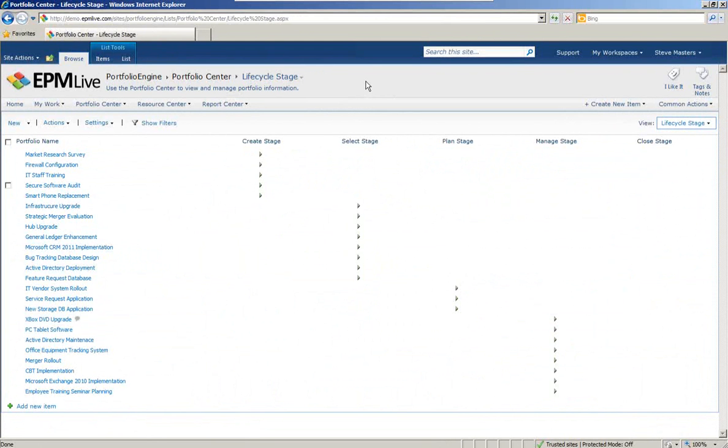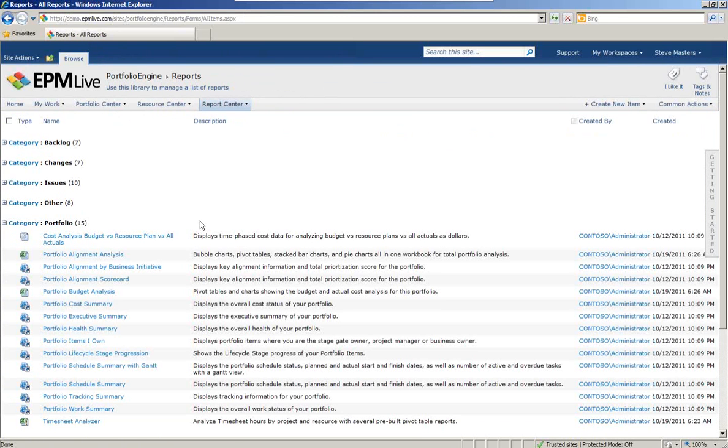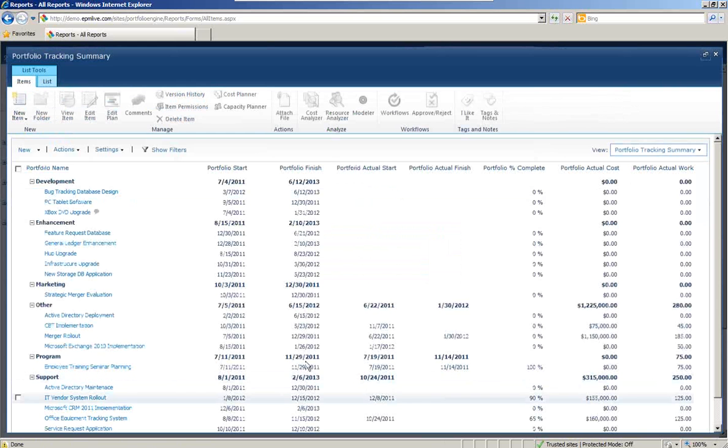We also have an out-of-the-box report center. This report center allows us to use some out-of-the-box reporting, so let me just pick out a project tracking summary. The idea is to aggregate this information and provide you views on demand of how well these things are tracking and how well they're progressing. The metrics in here can all be modified by you, the user,